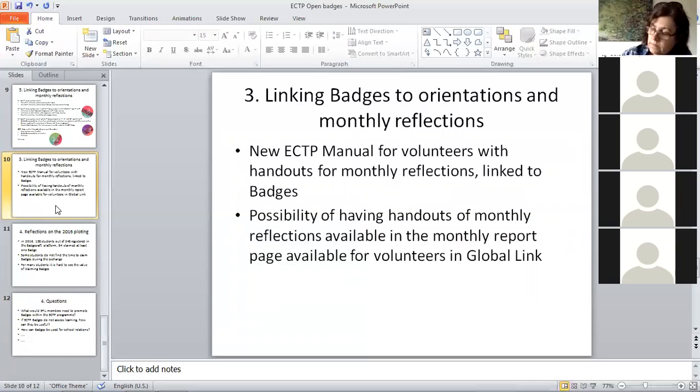Also, we have discussed this with the program department of AFS International. We know there is a part of Global Link where there are monthly reports done by volunteers for the exchange student they are supporting, and that on this page volunteers can actually access the handouts for monthly reflections. What we are aiming for is that these ECTP-specific monthly reflection handouts will be available for volunteers on the portal that they use for making monthly reports on students, so that this information will be more easily available for